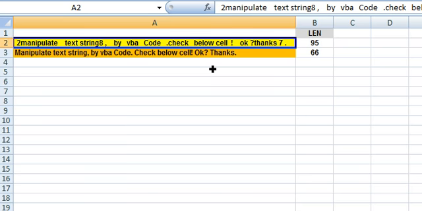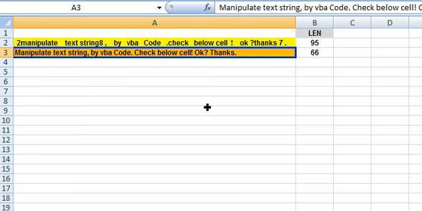Welcome to our video tutorial where we illustrate using worksheet and VBA string functions to manipulate text strings with VBA code. Presently you are viewing sheet 2. Cell A2 contains the text string which is to be manipulated, and you can view the manipulated text string in cell A3. Let's go to the Visual Basic Editor